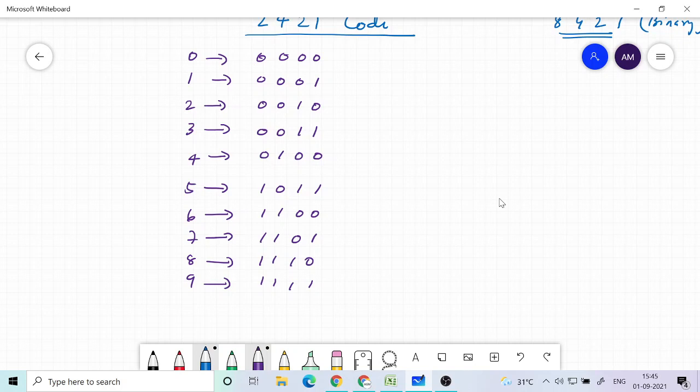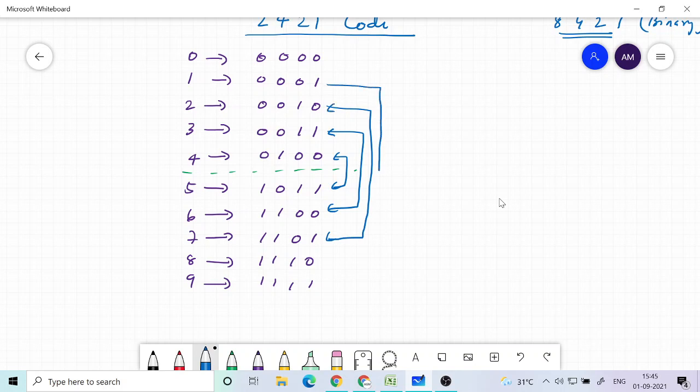If you look at this, you can see that this is symmetry. Symmetry is what? If you flip this, you will get this, and that kind of symmetry is essential for taking complements by just inverting the bit, flipping the bit.